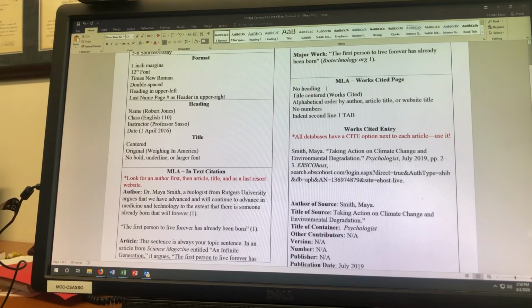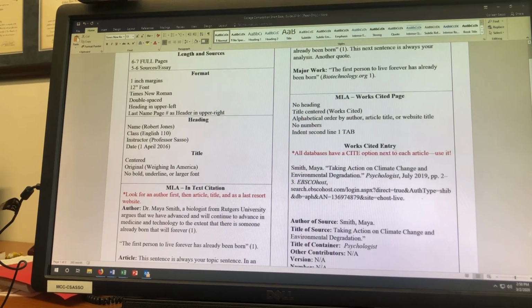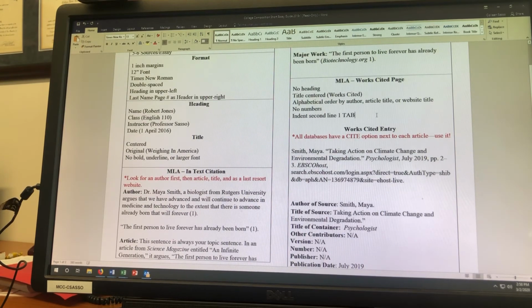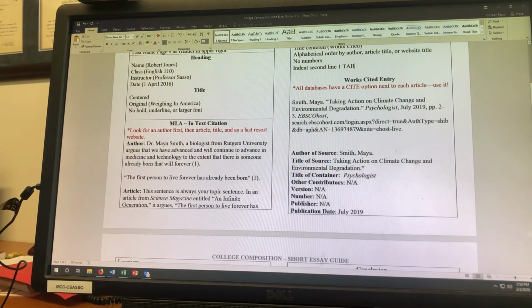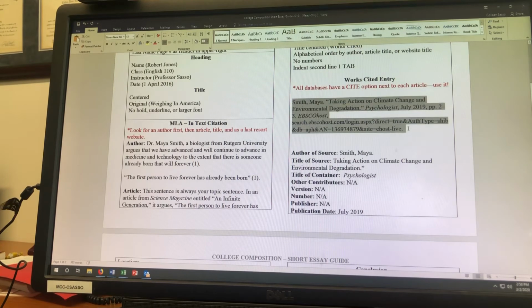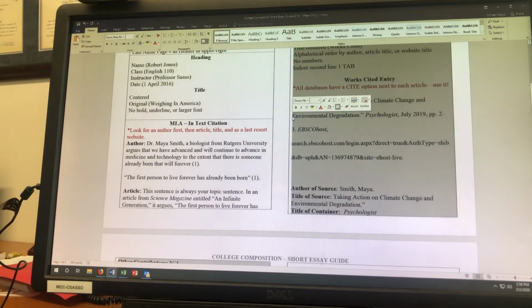And then an MLA Works Cited sheet, which is where we list all of our sources. There's no heading. You don't need this heading on a Works Cited sheet. The title is simply Works Cited. It's in alphabetical order by the author, article title, or website title. There are no numbers, and we indent the second line. So if this was a true works cited entry, we would double space it. And then depending on the word package you have,